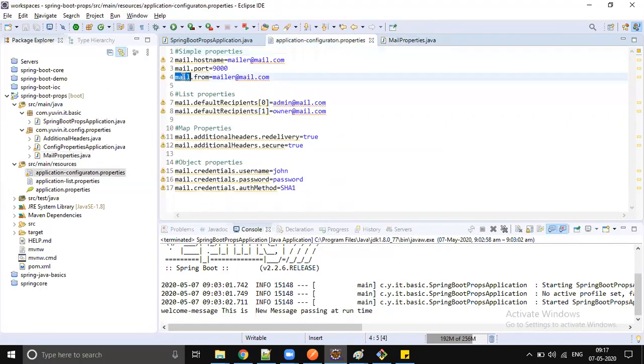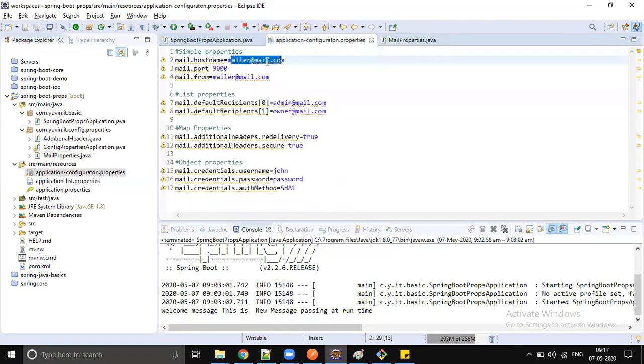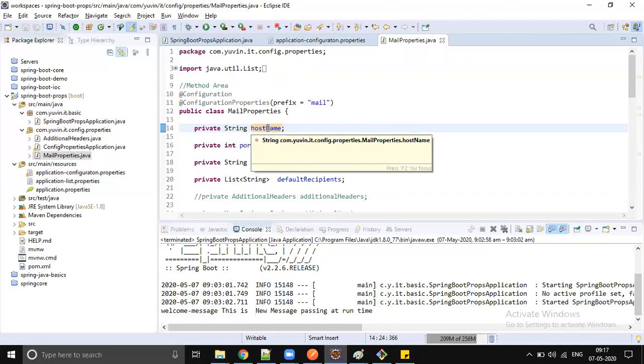So the prefix is mail. How will the mapping happen? In your Java class, if you have a property called hostName, the hostName value will be automatically populated into the Java property. So here I have a host name, and this value, mailer@mail.com, will be populated into this property.